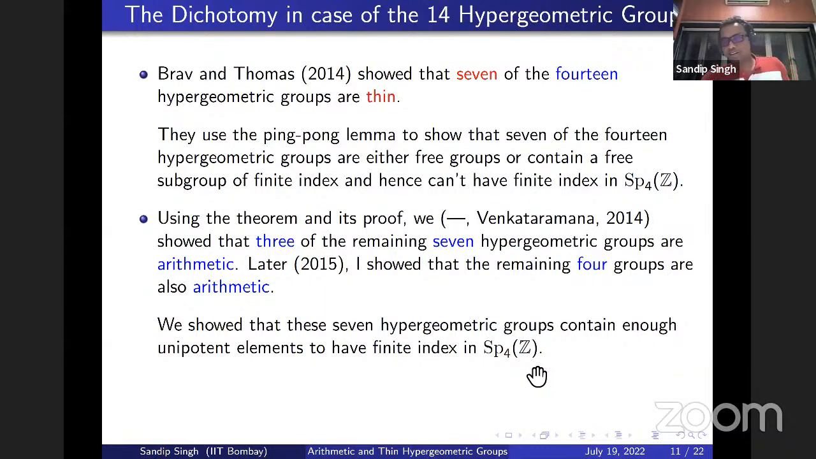So there is a certain criterion to show arithmeticity. For example, if you can show that the